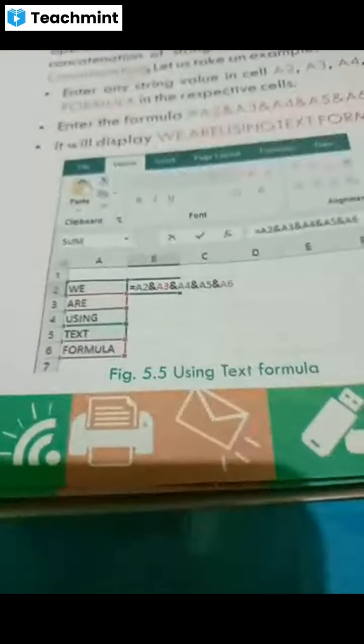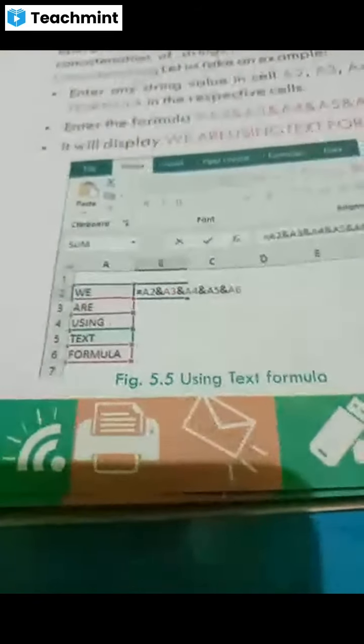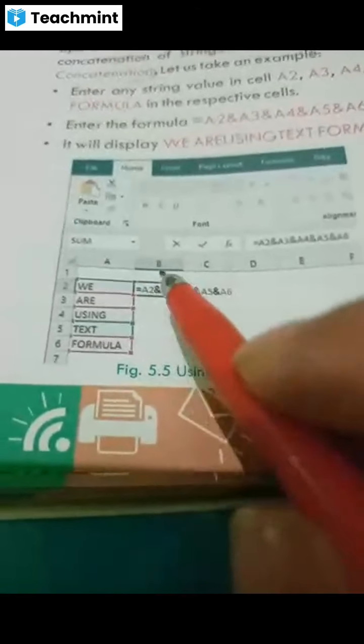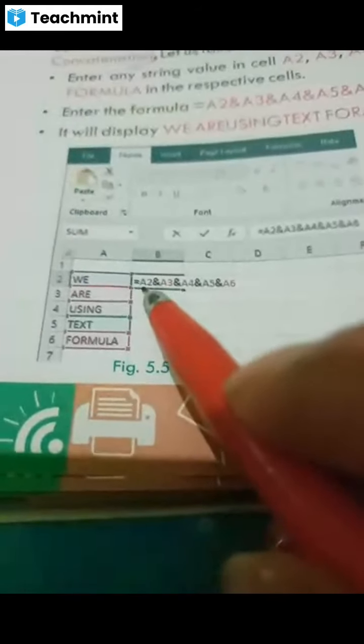So how do we add all text together? If you want to add, first you will select the cell. So here I am selecting the cell. Okay, this cell. Your cell name is B2. Write the equal sign.